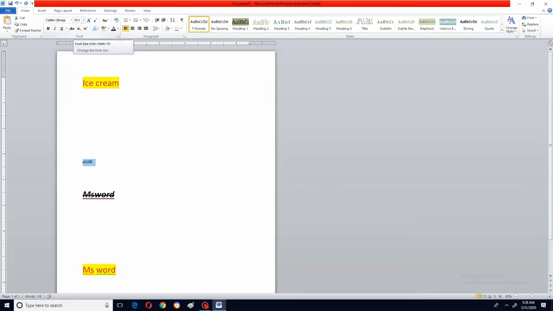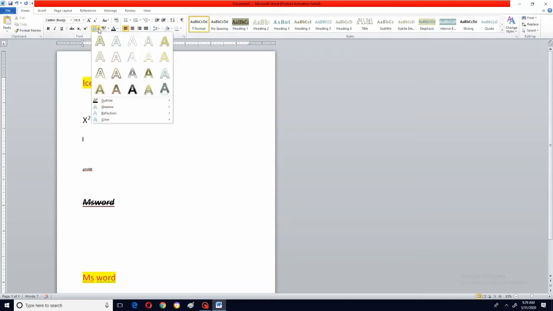Okay, now can you see here x2 and x to the power 2, this is called subscript and this is called superscript. Now I will show you how to do that. This is used mostly in equations. Now x, I'll increase the size, x2, can you see? If you want to make this 2 go down, you go to subscript, it has come down now. If you want superscript, click there, it will go to x square. Mostly for maths and equations this is used.